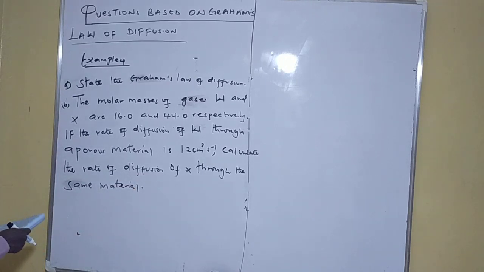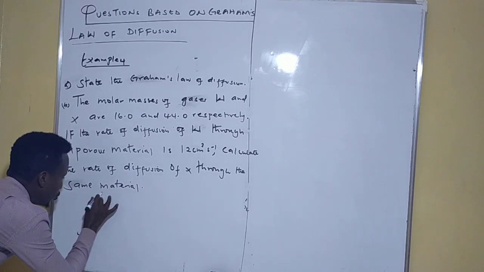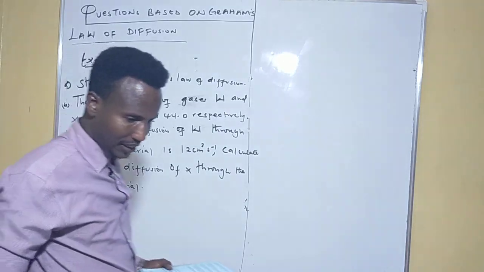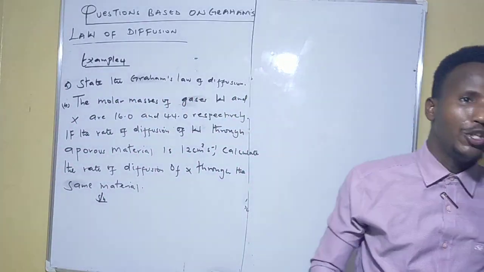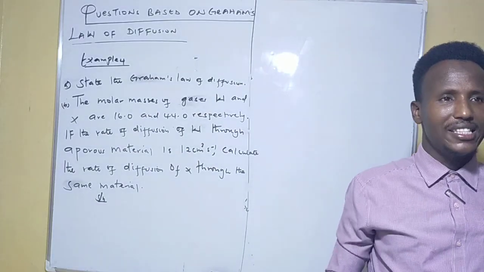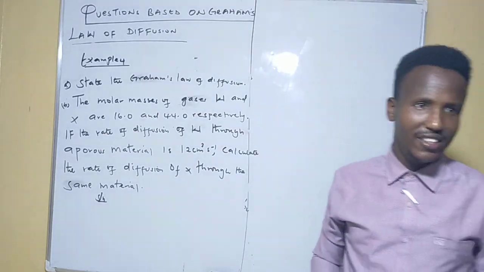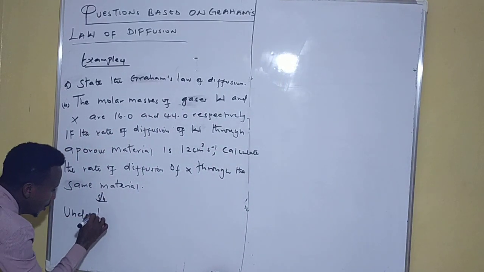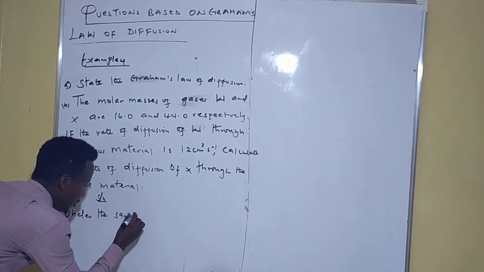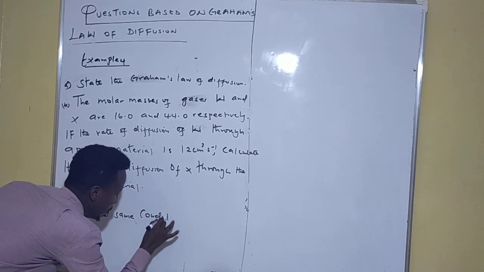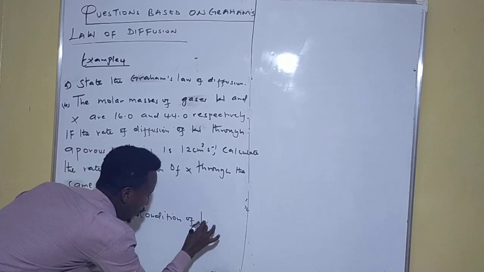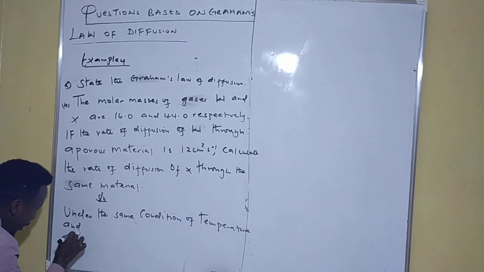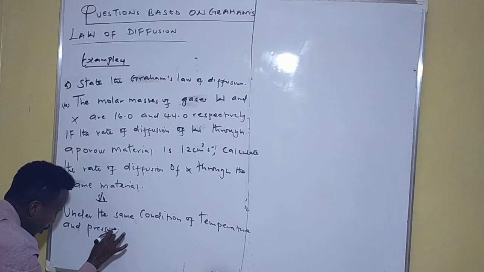So actually we must come to the solution part. You are told state Graham's law. Graham's law states that under the same condition of temperature and pressure, the rate of diffusion of a gas is inversely proportional to the square root of its density. So we must write that under the same condition of temperature and pressure,